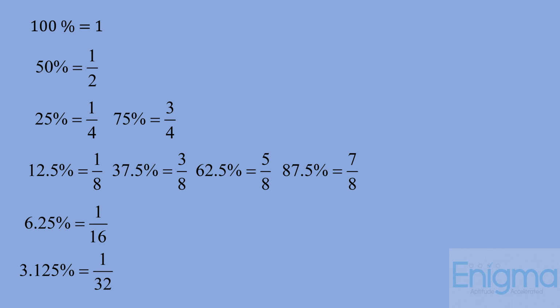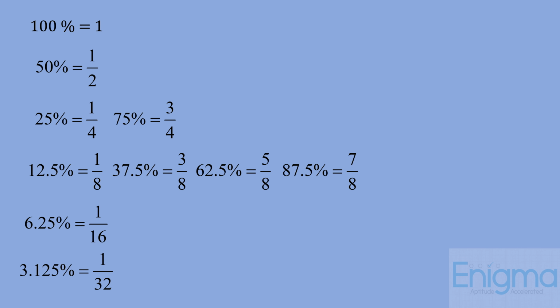Another peculiar thing is that if you see the right hand sides, 1 by 4. 4 I can write down as 2 square. On the left hand side we have 25%, which is nothing but 5 square. So in the denominator we have 2 raised to n. On the right hand side we have 5 raised to n. Further we will have the same things, but we will have decimal values as well.